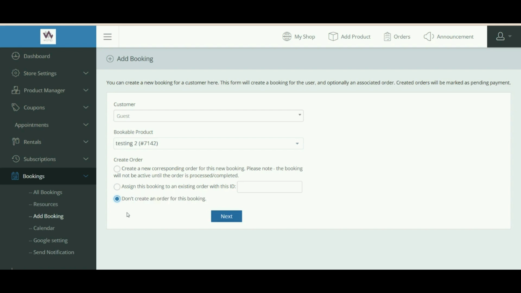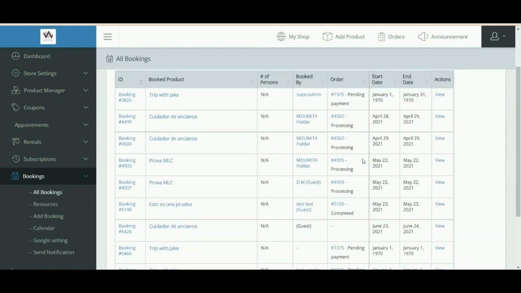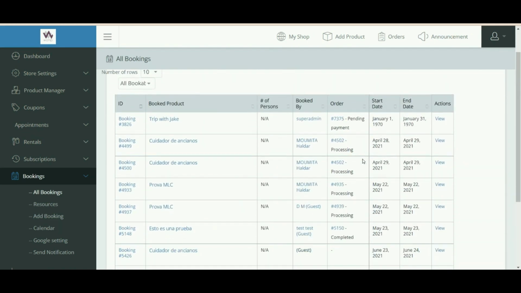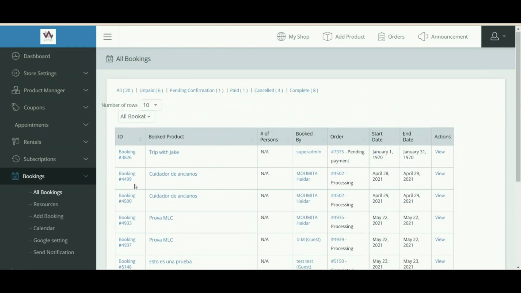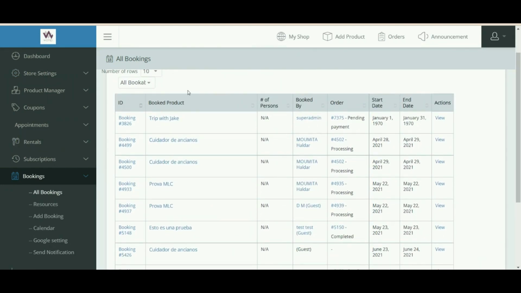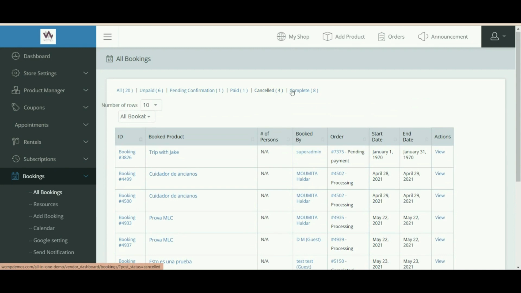Vendor Booking Manager. Now that we have seen how vendors can add bookable products to the product list, isn't it obvious to learn how to manage them? Well, with the easy to follow instructions, vendors would learn how to manage multiple bookings in no time. Booking log. The booking log keeps track of all the vendor's bookings. In addition to this, vendors can filter and view their bookings following the payment statuses or the bookable